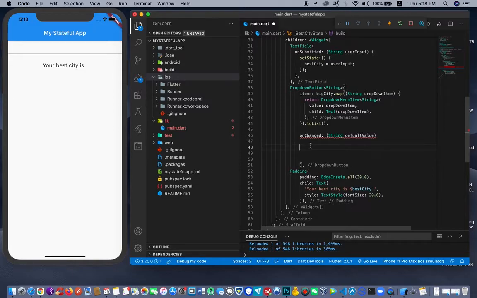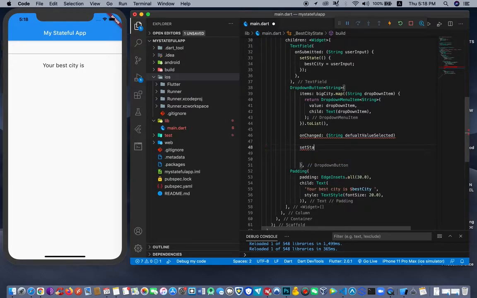Okay. No, set state. No, we don't have to use the variable here. We need to assign it later on. So I'll add another name here. Let's say default value selected here. This parameter should be assigned to the variable inside the set state. So default variable selected. Then here I call the set state